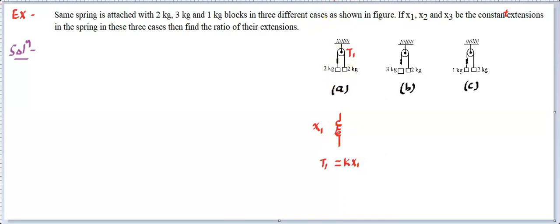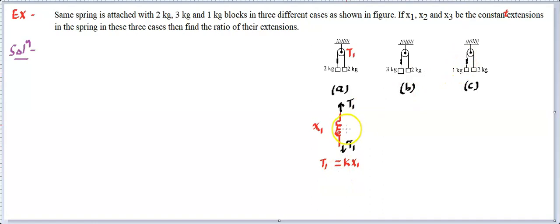Because this has to be pulled by the same force, the upper side is going to have tension T1. And in fact, you'll find the smaller part of the spring will also have the tension T1, because for a spring, since it's massless, both sides must be pulled by the same force. And that will become here.